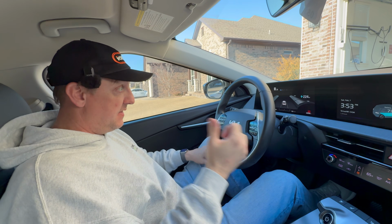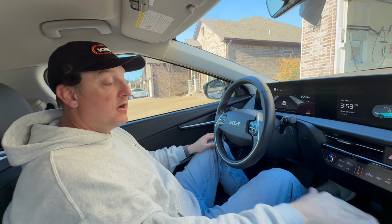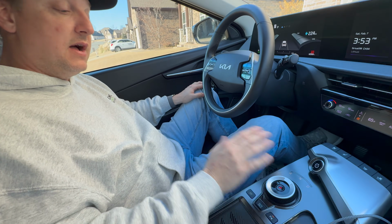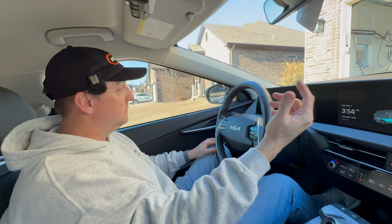I wish there was a way that you could do that from the app, but you can't. So you have to do it from the car here. It's these buttons here in this middle area that I don't like. Also, I wish the gear shifter here was not circular. I wish it was...